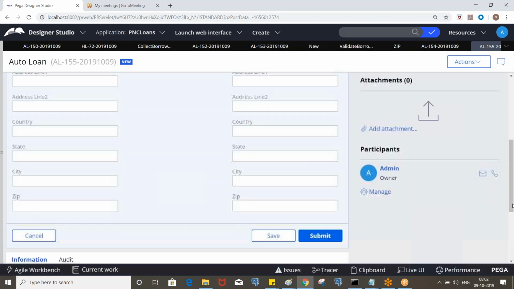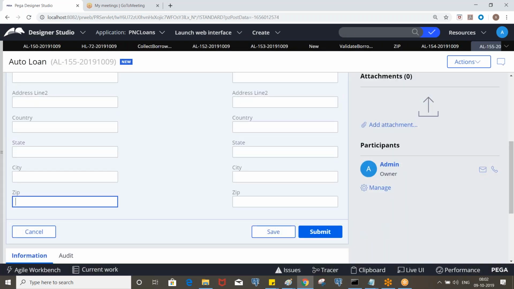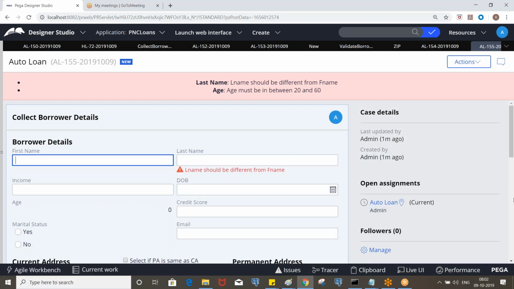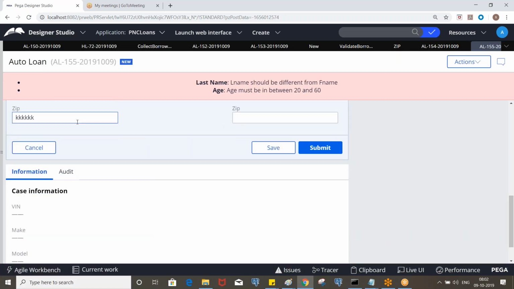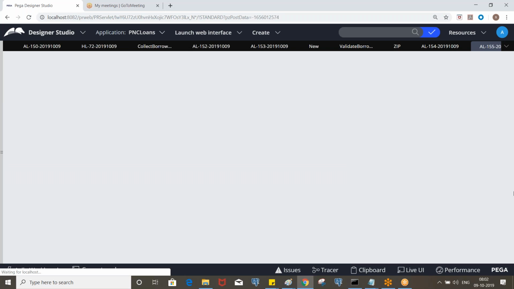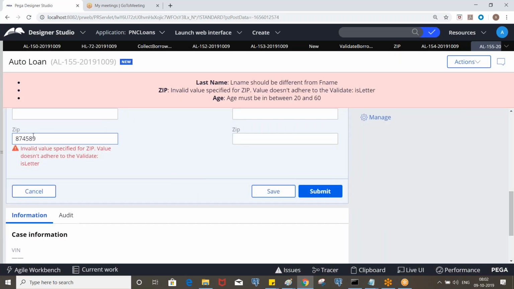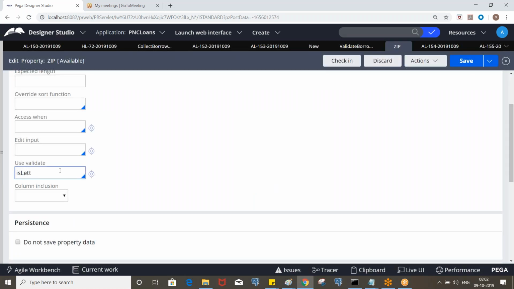We used is letter. One, two, three, four, five, six. If it is a letter, it will accept. Now you need to use this one: is integer. If it is integer, it will accept.